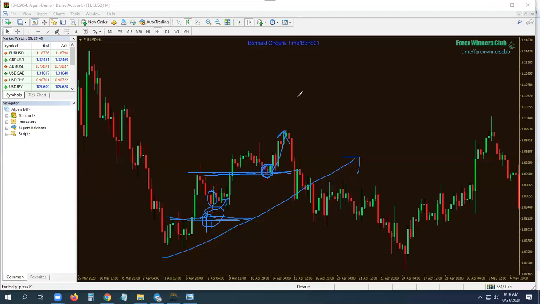As opposed to initially buying at the close of this candle, when market actually went back down and hit your stop loss. So this will be a losing trade actually. But this is a winning trade from here.